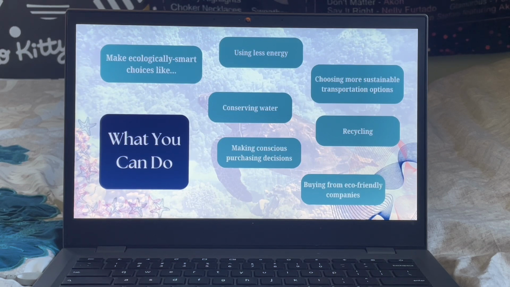While scientists are a big part of the solution, you sitting at home can make a change as well. You can make ecologically smart choices like using less energy overall at home. Examples of this include turning off electrical appliances like lights when you're not using them, use LED bulbs, use natural light when possible, insulate your home, seal air leaks, use a programmed thermostat, and use less hot water, like when washing clothes.